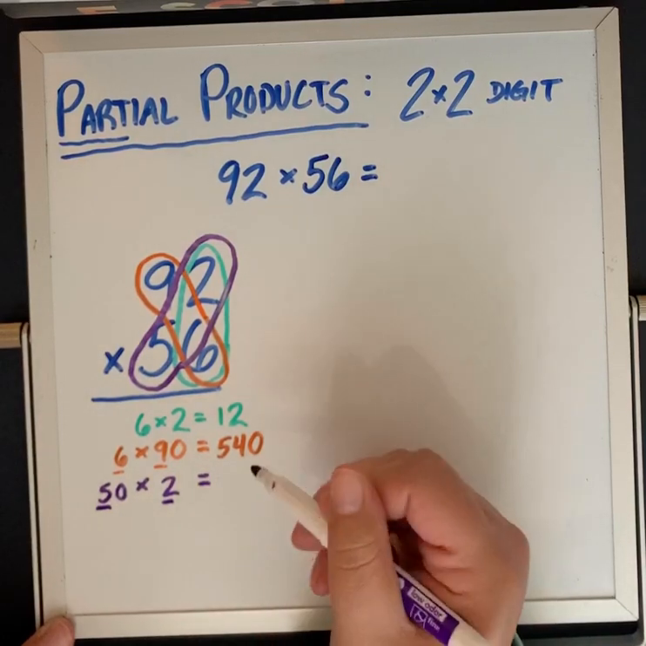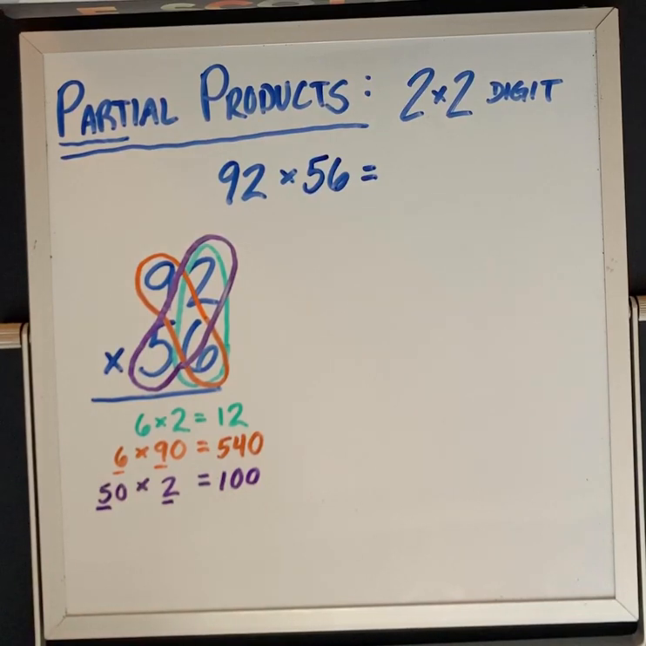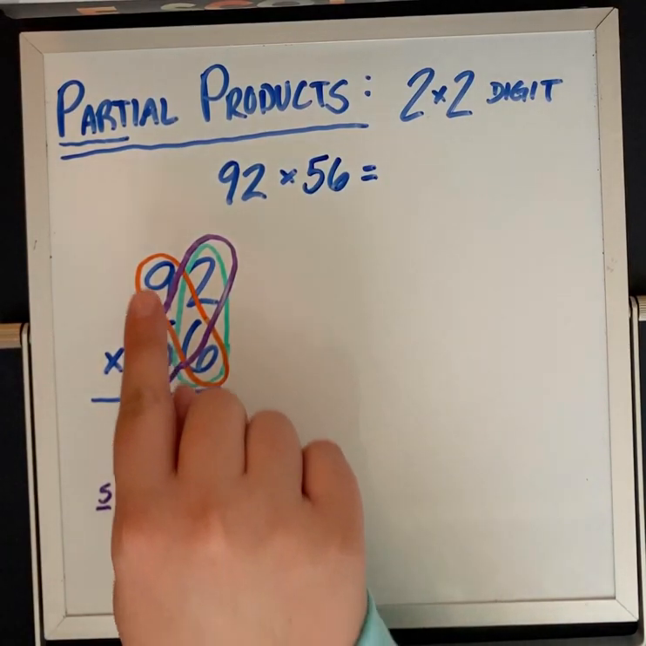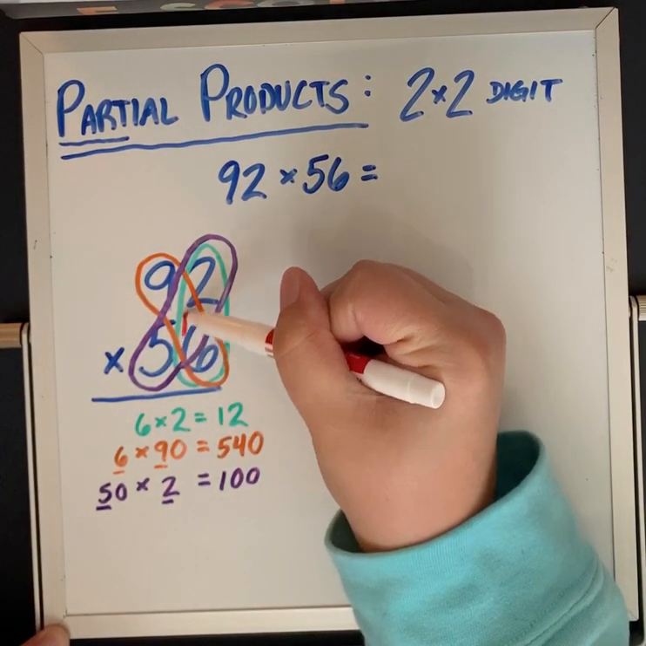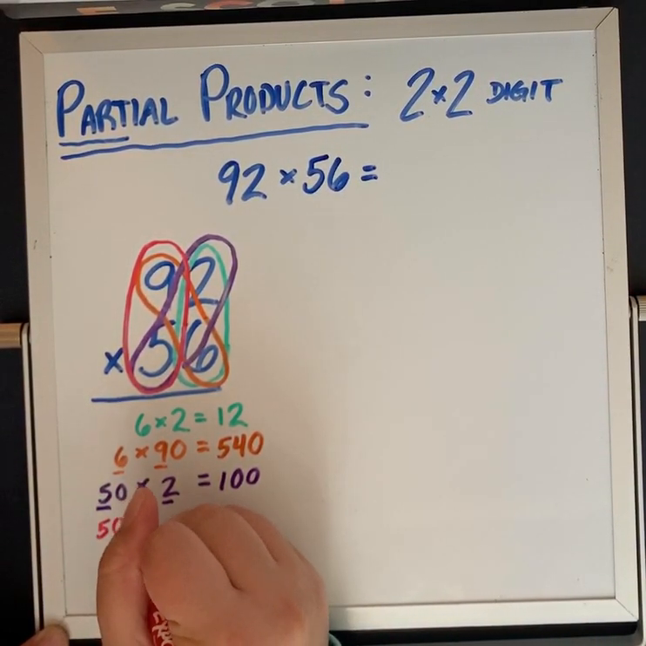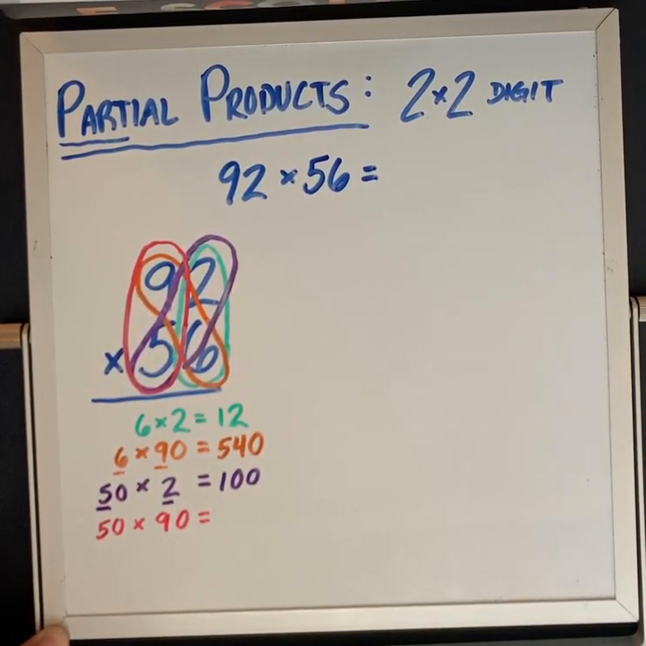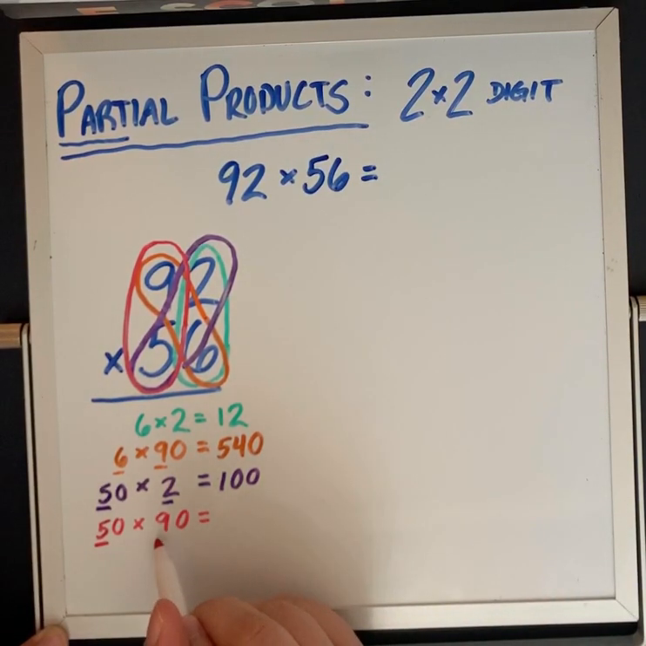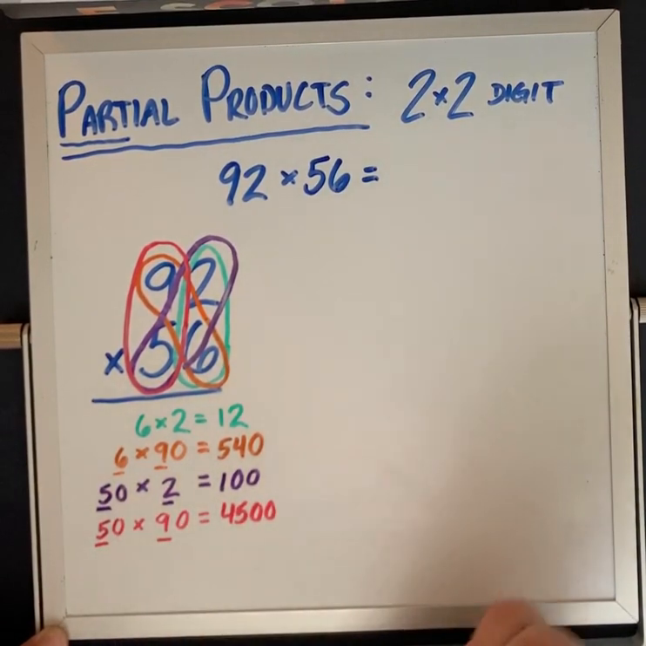Our basic fact, 5 times 2 is 10, plus that 0. That gives us 100. And the last thing we need to do to get our last part of our product is to share this one in the tens place with our top number in the tens place. In this case, that would be multiplying these 2 digits. 50, which is the value of the 5 in this tens place, and 90. Again, focusing on that basic fact. 5 times 9 is 45, plus 2 more zeros. That gives us